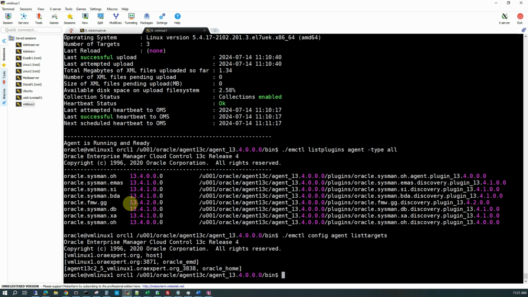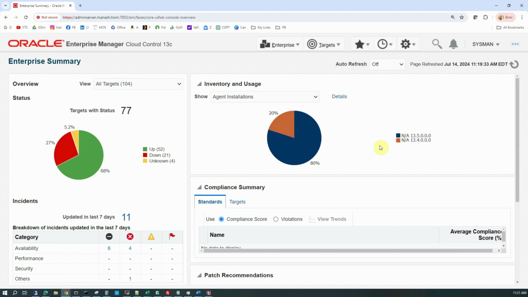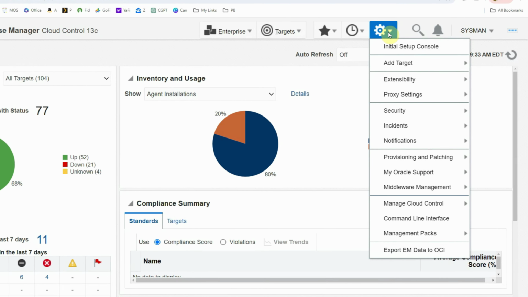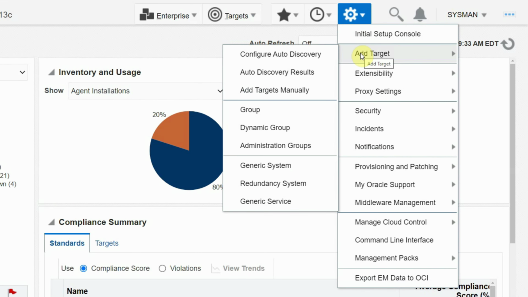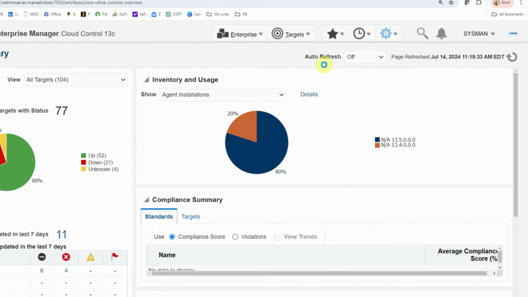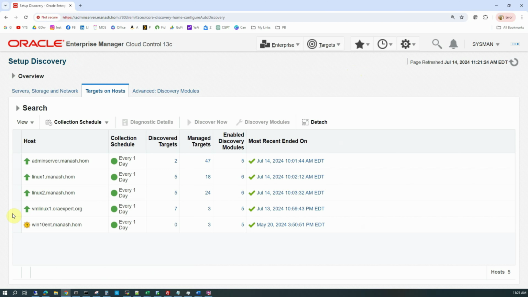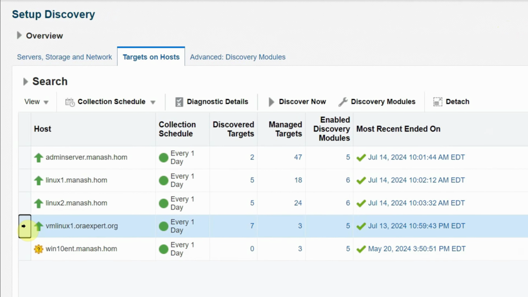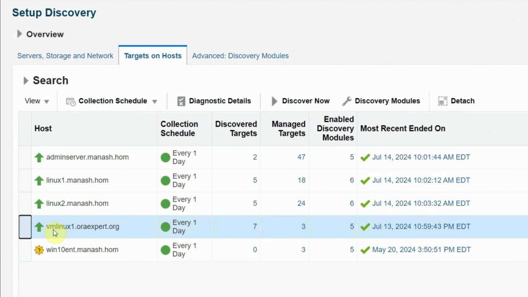So let's go back to our OEM console. I logged in as sysman user. Then I will go to setup and under that add targets and configure auto discovery. And from there we will select the server where we just installed the agent, that is the vmlinux1.oraexpert.org, and we see that there are already a couple of targets discovered with number 7 and there are managed